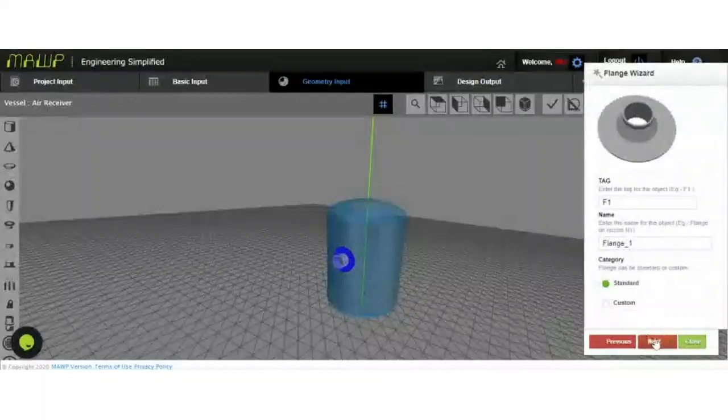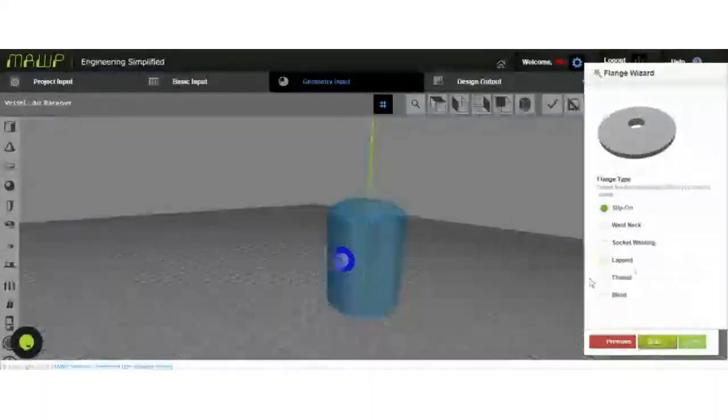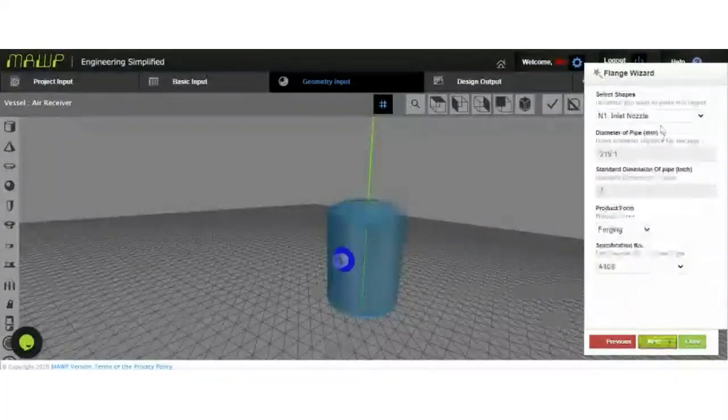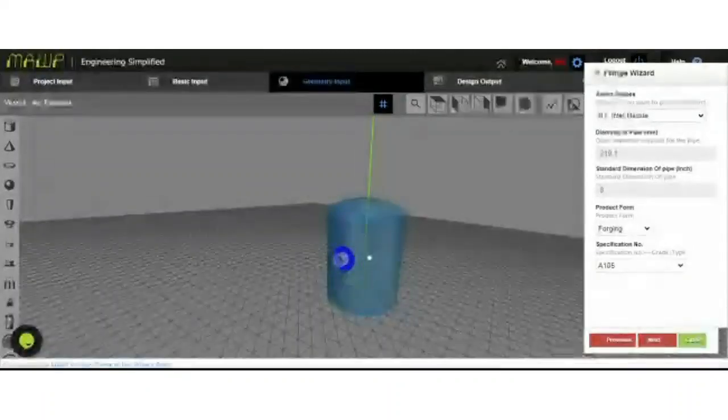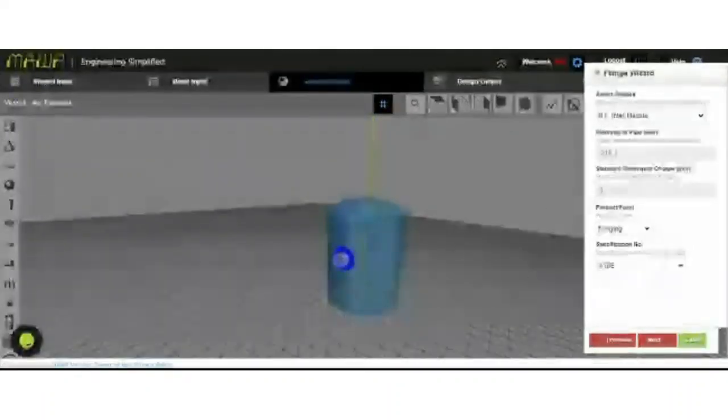We'll go for one of the flanges on the nozzle. There are different types of flanges. You can select the type of flanges. For now, there are slip-on, weld, like socket weld. We'll go for slip-on, and we want the flange on the nozzle. So you can select the nozzle,